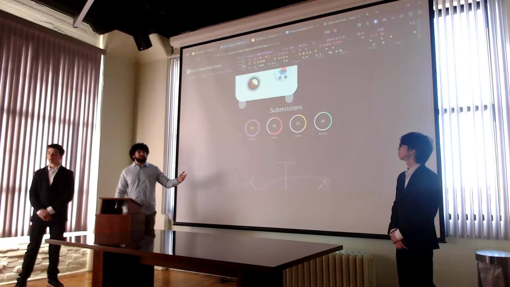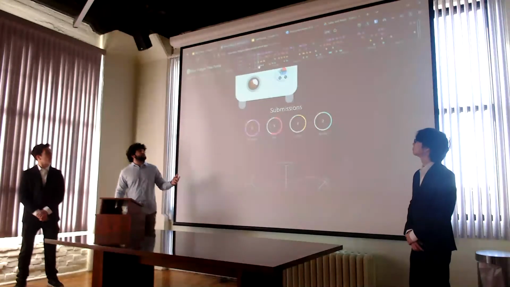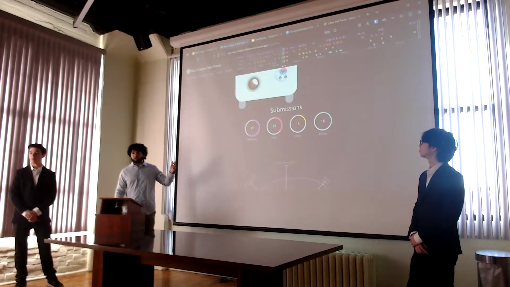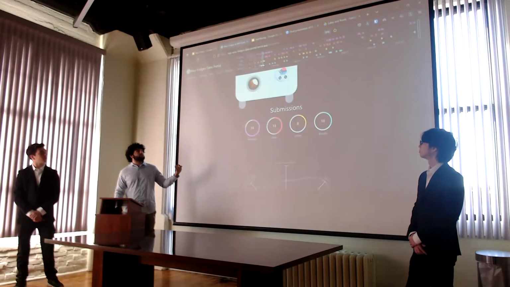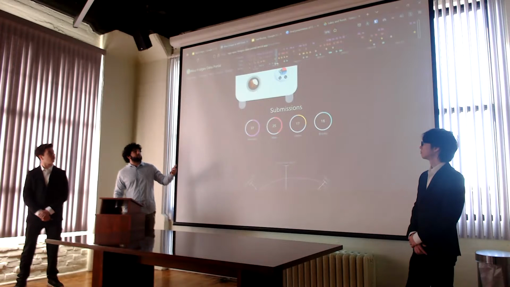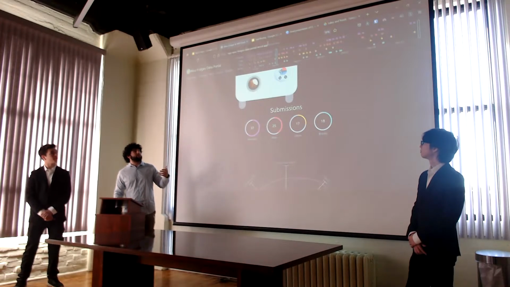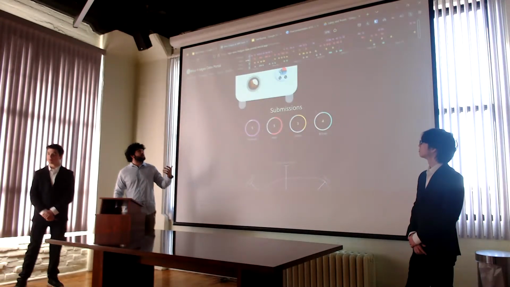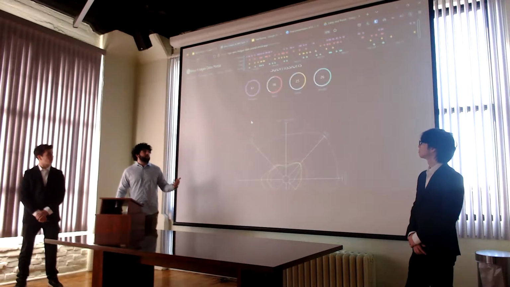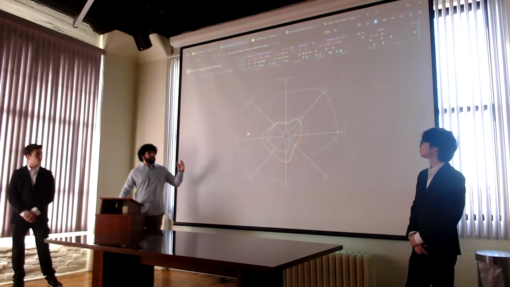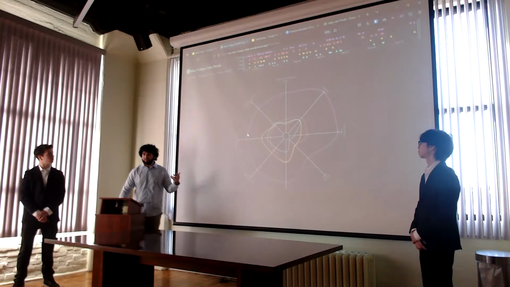All of the graphs on this website dynamically adjust when you move around this timeline on the top. So you can specify, okay, I want to look at data starting from November 6th. You can move around the end date. Everything will adjust live. Finally, on the overview page, we have this wheel that shows a line corresponding to each